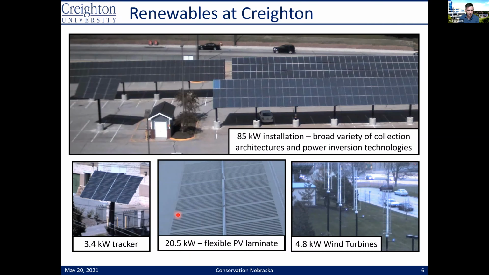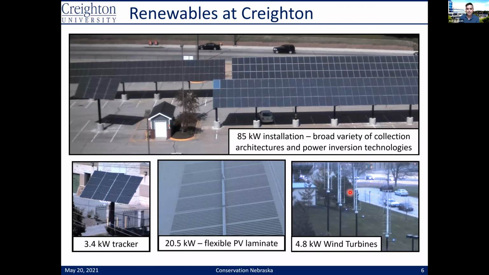Each of these strips, it's kind of hard to tell from this Google Earth picture, are 23 square feet strips of PV laminate. And this all leads to 3 different inverters. So we have this technology as well. And then we also have a second tracker over to the southeast side of campus. And then we have these 4 vertical axis wind turbines, and it's actually these 4 that we're going to replace.